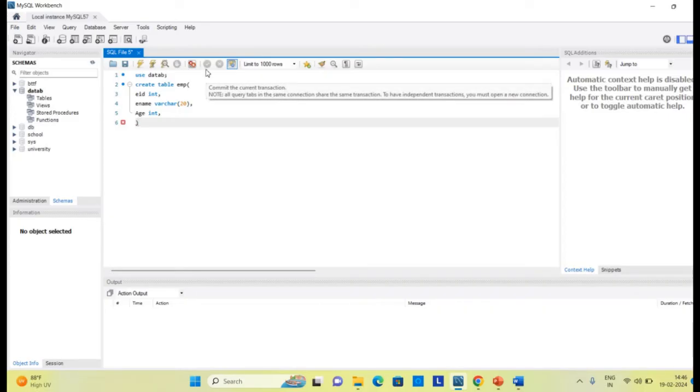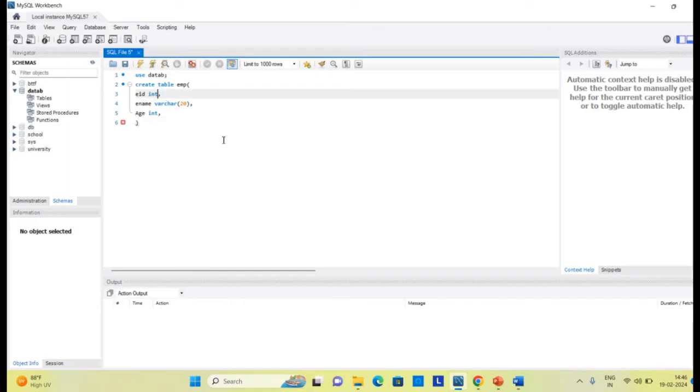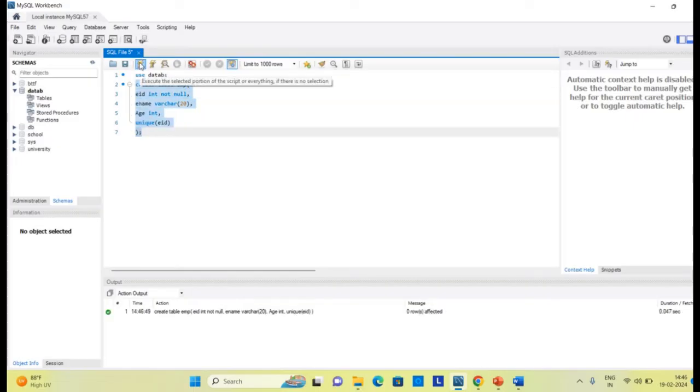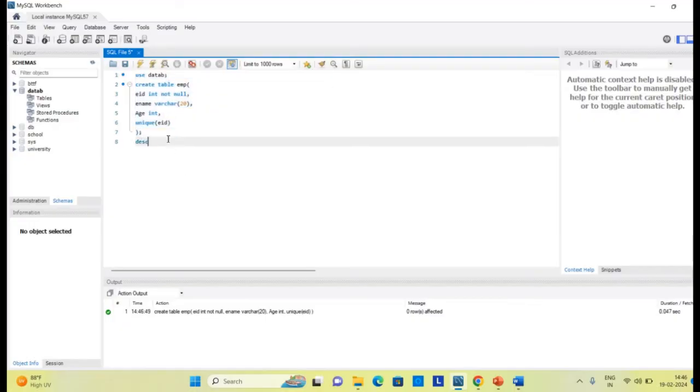So in order to declare a variable as a primary key, I have to declare it not null. Here I want to declare EID as a primary key, so I declare it as not null. And because primary key is a combination of not null and unique, I declare EID as unique, that is, it holds only unique values. I just run this query to create the table, and my table is created and you can see the description.